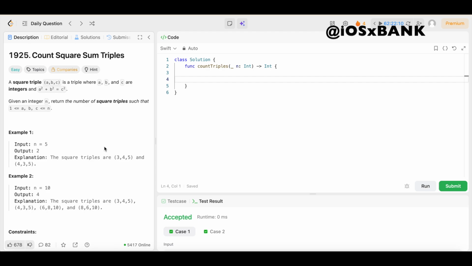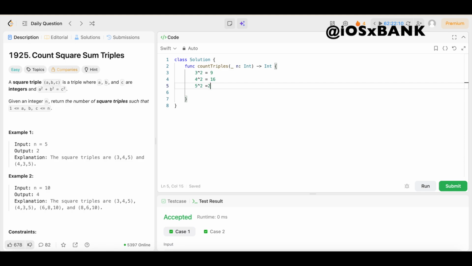So let's take a look at these examples just to make sure that we are doing this problem correctly. In example one, we have our input n equals 5. Our output is equal to 2. The explanation says the squared triples are 3, 4, 5 and 4, 3, 5. If we do 3 squared, that equals 9. Then 4 squared equals 16. And then 5 squared